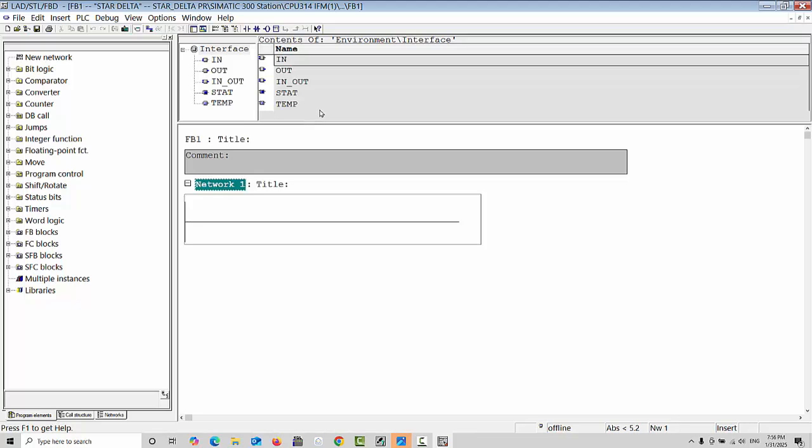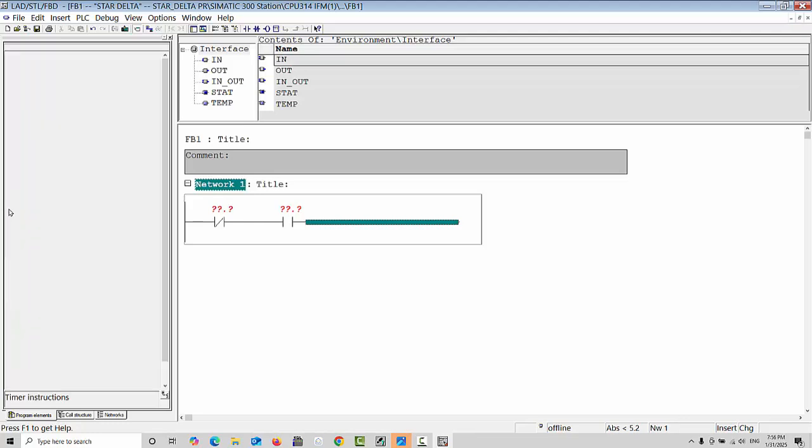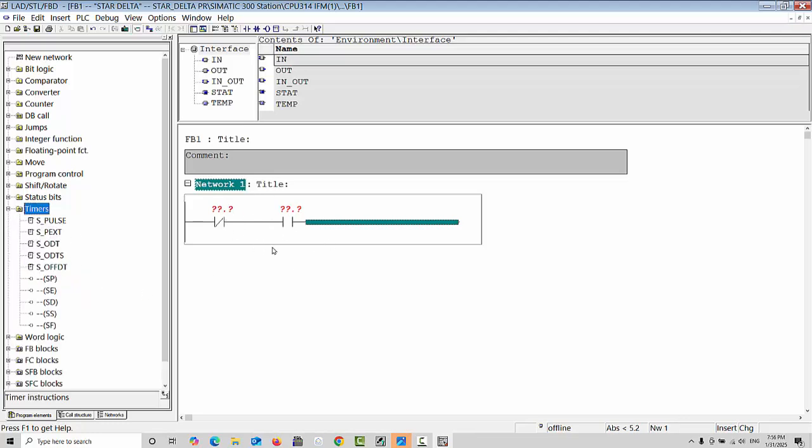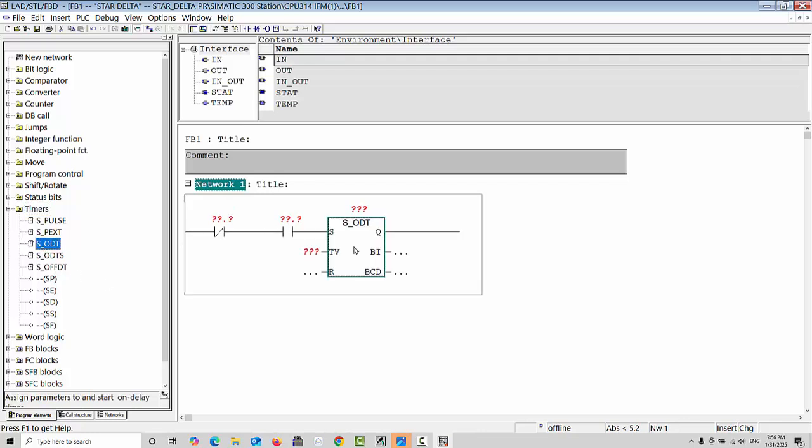You have to learn and understand the logic first, and after that you will create the program. So I will create this logic for this star delta program. Here you can also give comments. I will start first with a close input address for the emergency or stop button. You can say this is my stop button, and here we will take one for the start button, and next we will take one timer, because in the star delta program we have to use a timer. So this timer I will choose for this,